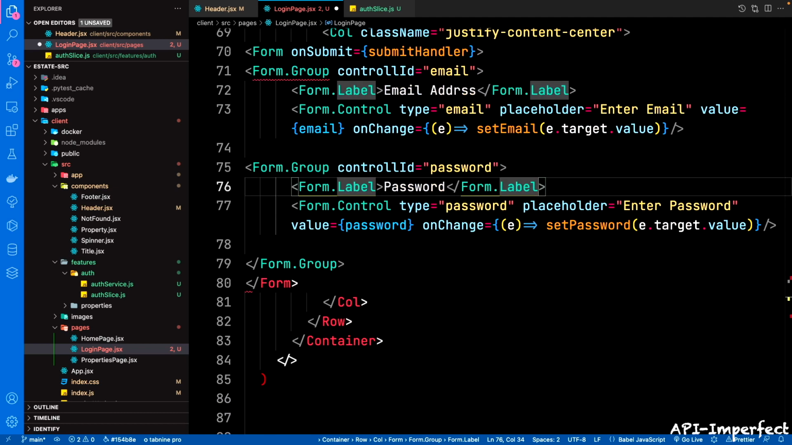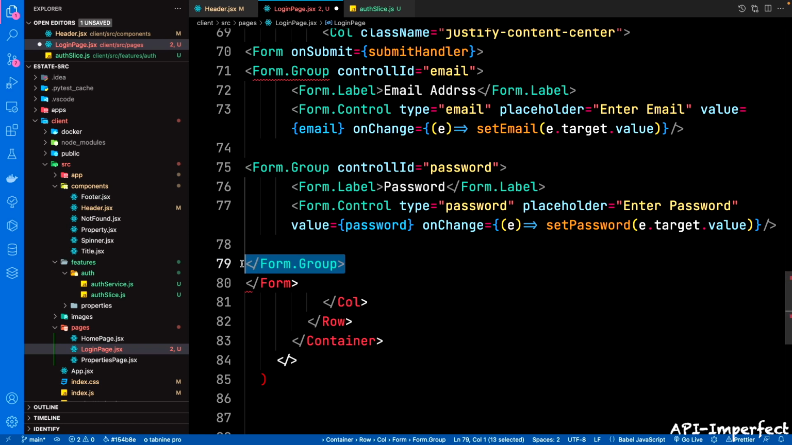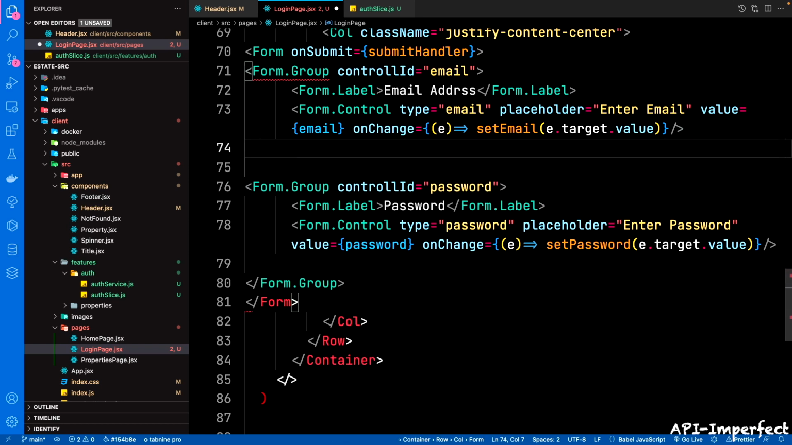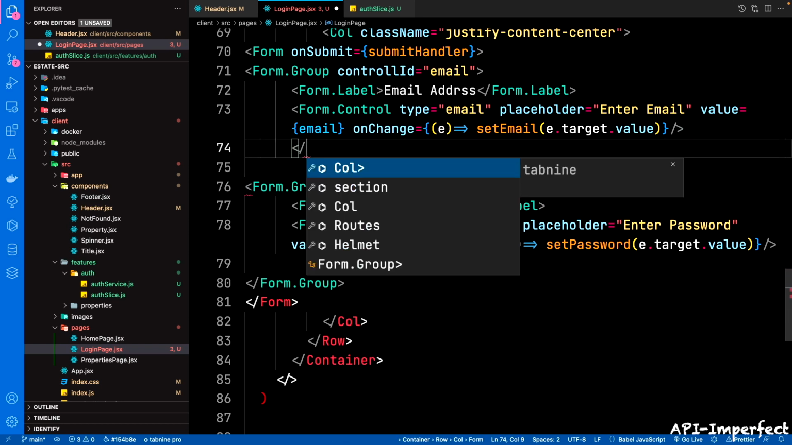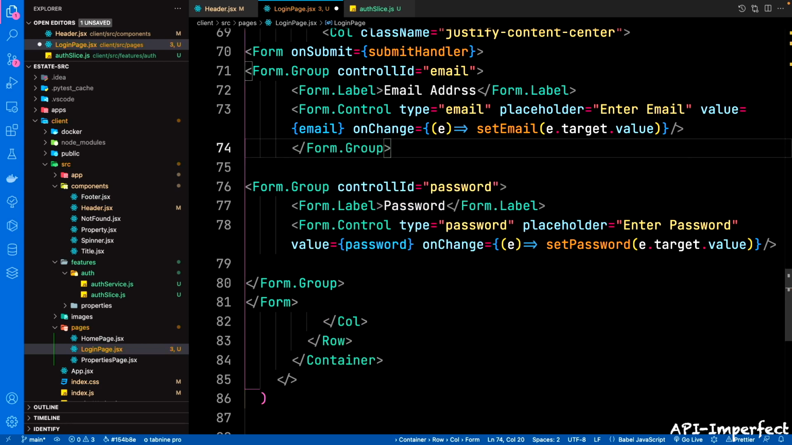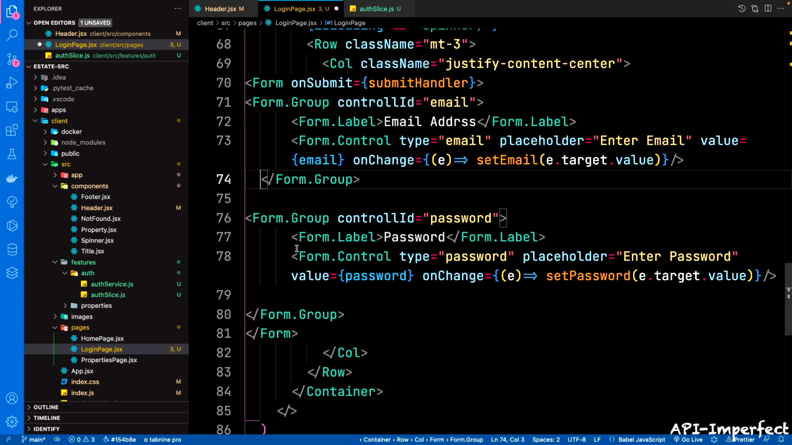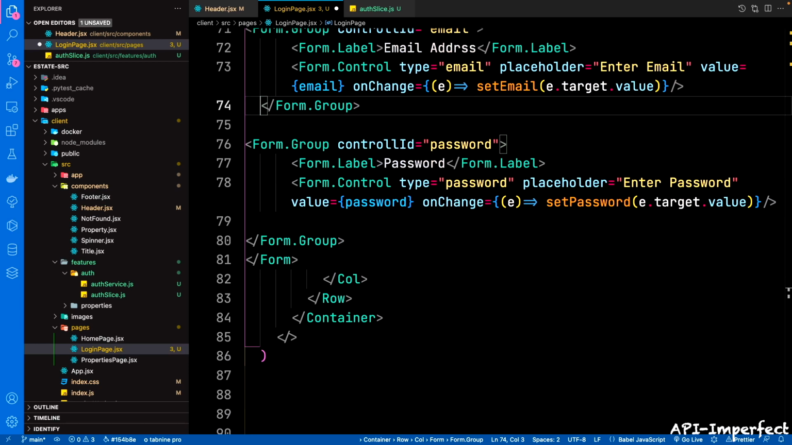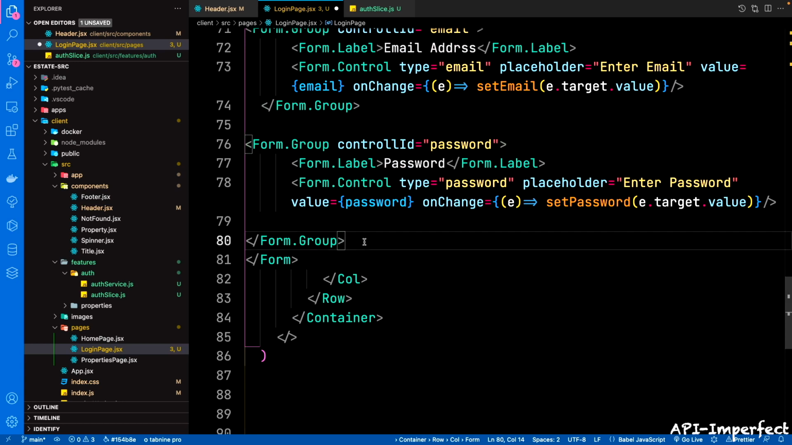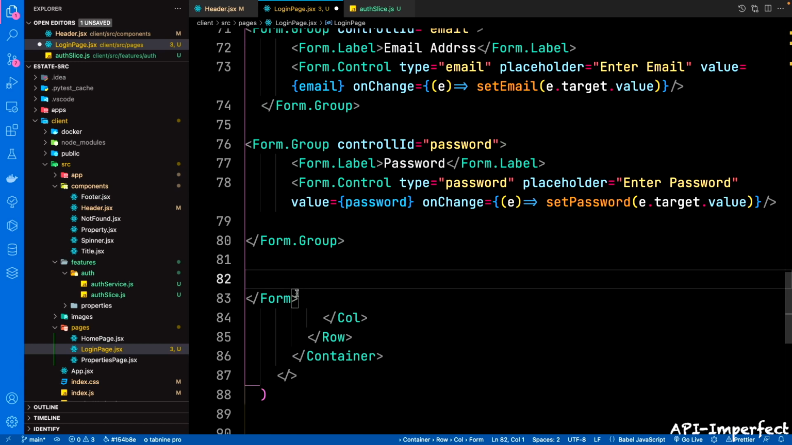And then the form group. Actually, what was I saying? The form control is a self-closing tag, but the form group is not. So we need to add another form group here. Close this form group. No wonder there was that error. So you remember we close this form group. Then you have another form group here for the password. And then after the form group, below the form group, but just before the form,